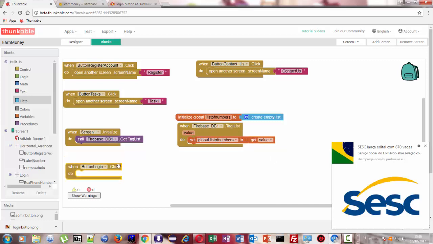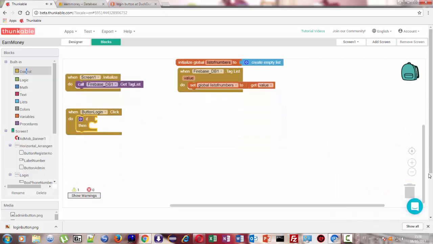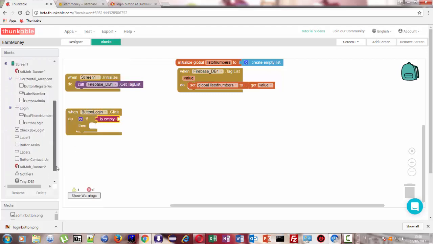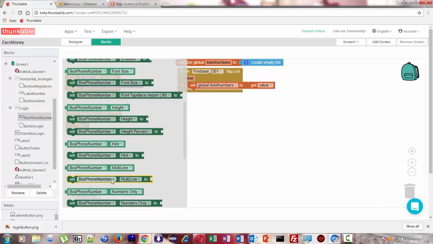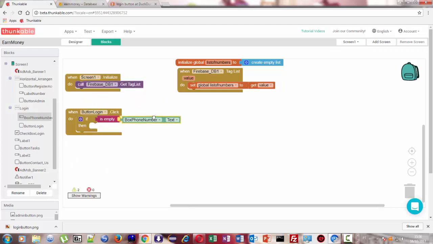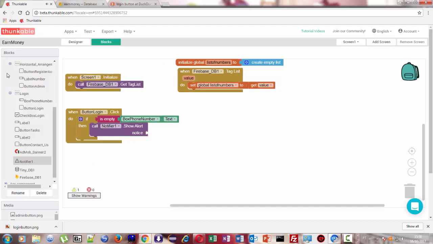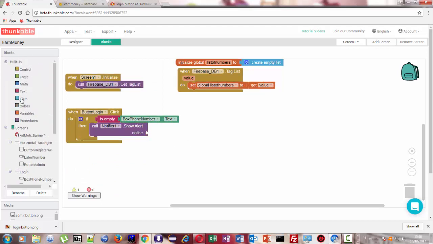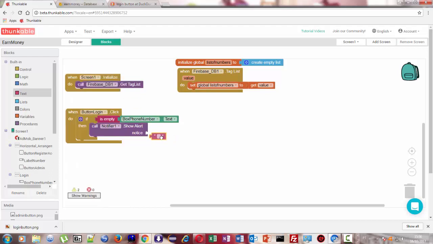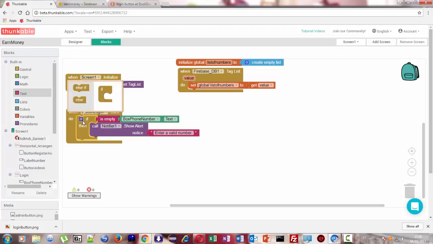In the button login, we're also gonna need an if statement. We're gonna check if the box is empty. If it's empty, we're gonna set an alert: Enter a valid number. If it's not empty,